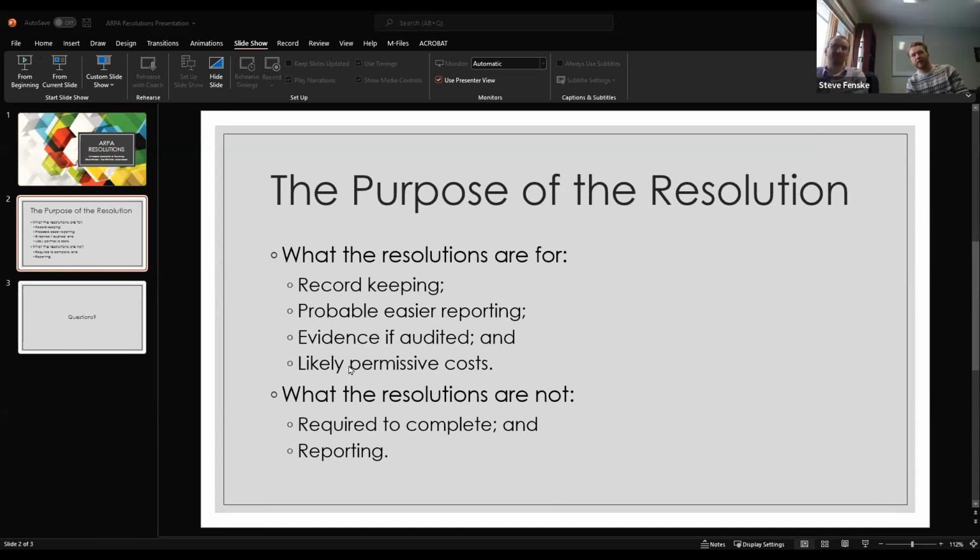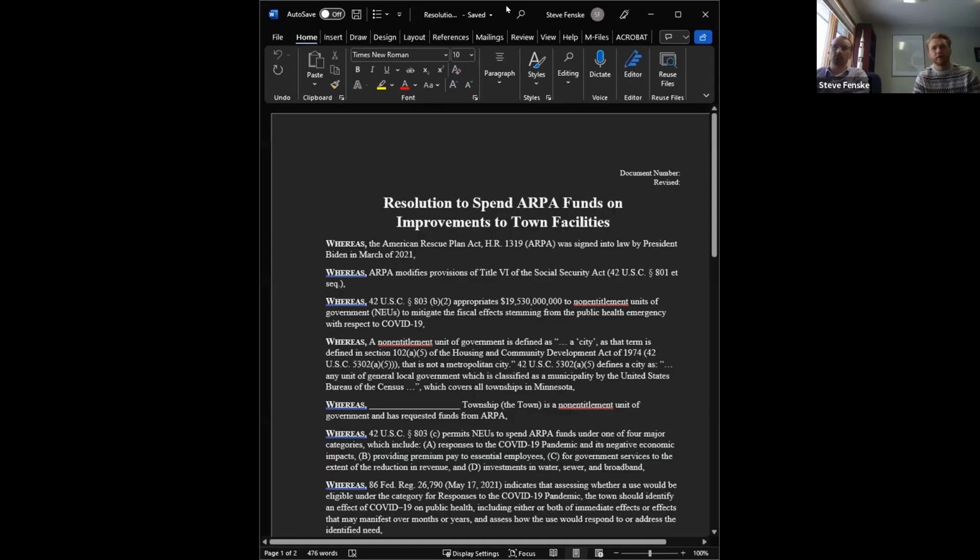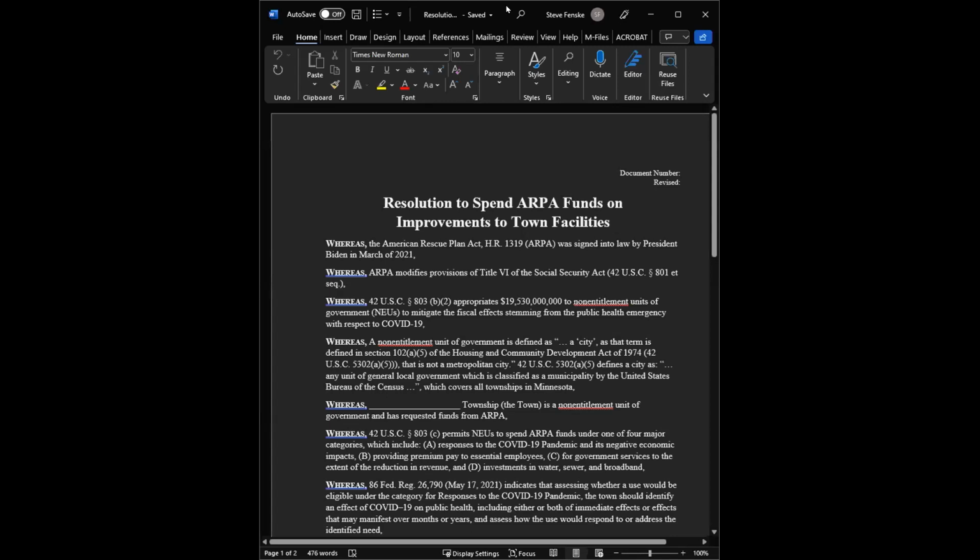So that being said, let's look at one of these resolutions. There we go. So just to confirm, Leslie, you are seeing a Word document now, correct? Correct. All right. Screen sharing is paused. Hit stop share real quick. All right. Below in the red. Yeah. There you go. And then start from the beginning.